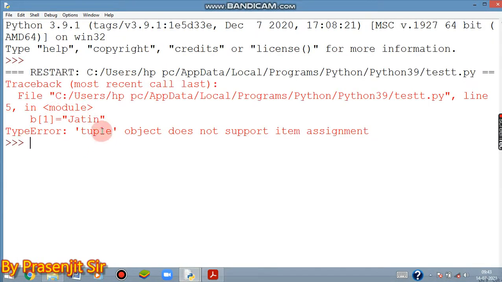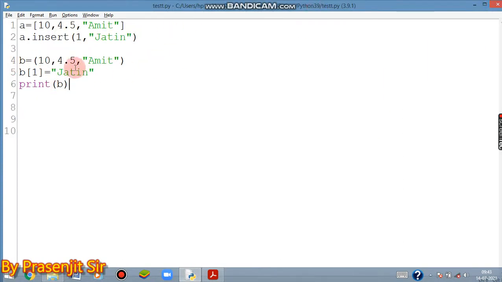It says: tuple object does not support item assignment. That means it is like a private part. When you define a tuple, it behaves like private. That means you cannot alter or change the data from a tuple, whereas inside a list you can change the data as you want. You can modify the data inside the list.